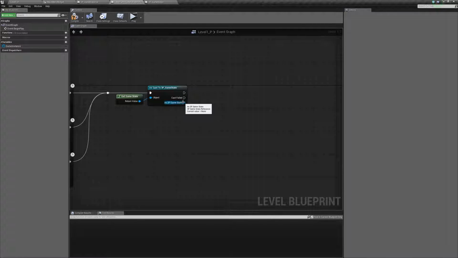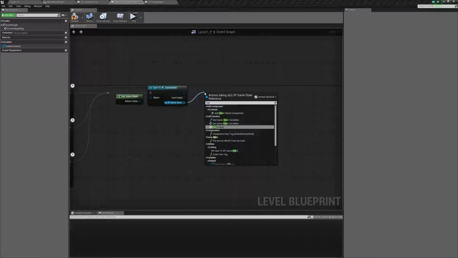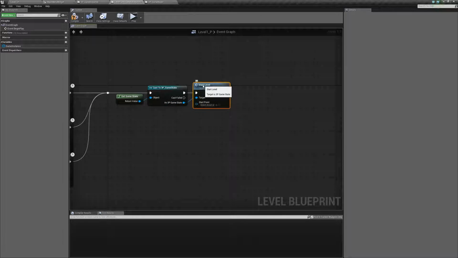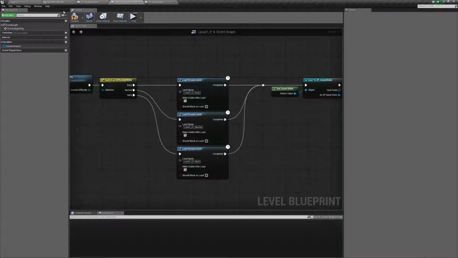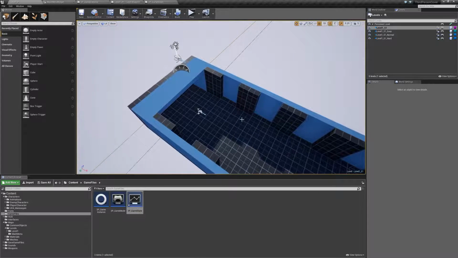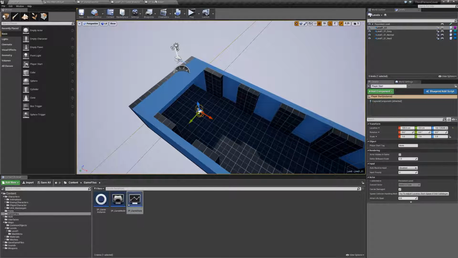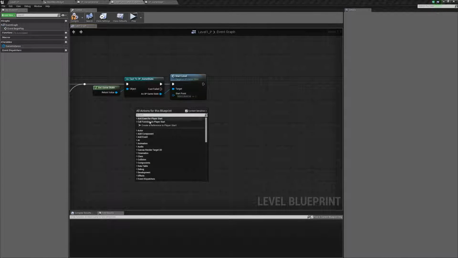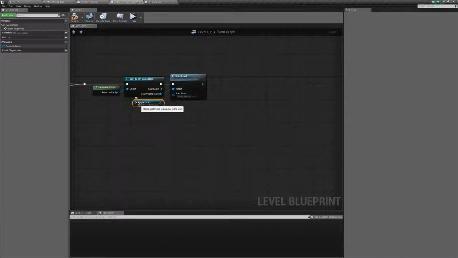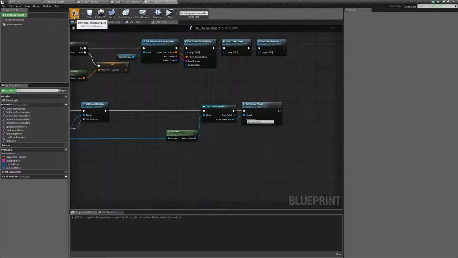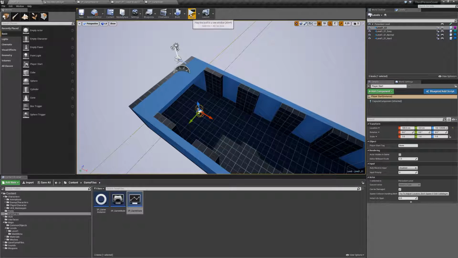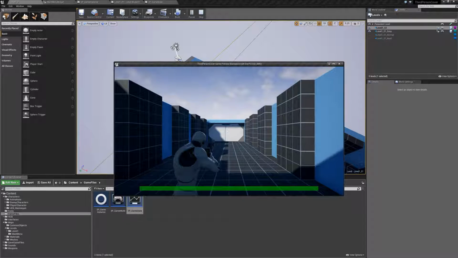And then what we can do as our 3P game state, we can call on the start level. And we're going to have to give it a reference to the start point. So we're going to need to go out into the level, find our start point, select it, and in our level blueprint, right click and create a reference to the player start and plug this in. So I'm going to compile this, and I'm going to compile and save our game state blueprint as well. And if we hit play, this is going to take us into our level, but